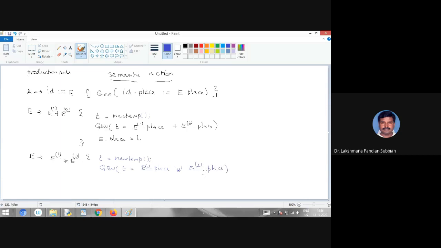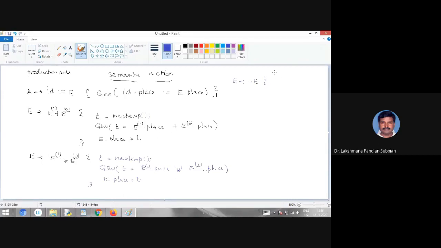E2 dot place. Then in that E dot place you have to give T. So this is a semantic action, right? Similarly, here E derives minus E. For this case also the same process is repeated, so instead of that one you have to put minus.